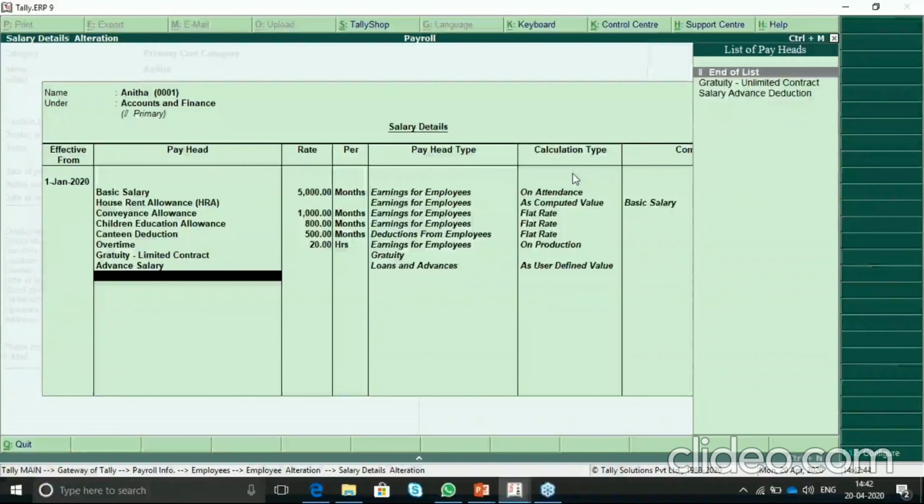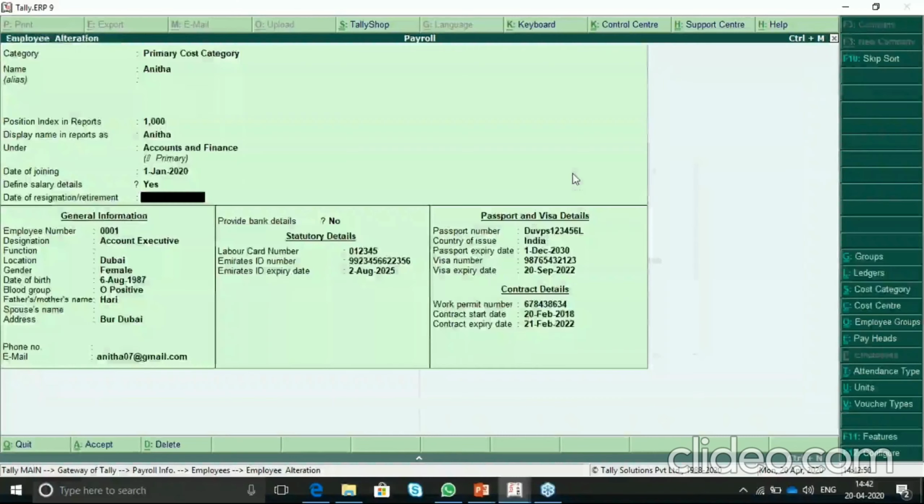That we have defined. You can define as per your employee whatever the basic salary is, and overtime will depend on the companies. That particular detail you can define and save it.